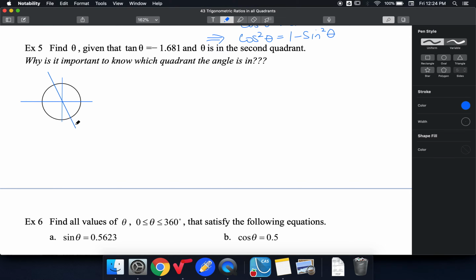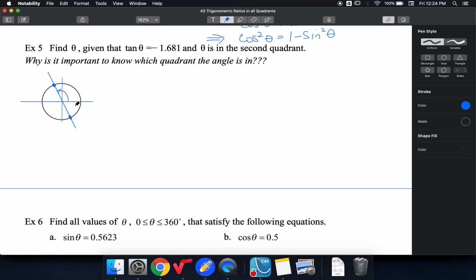So there's my line, and I can see that this line with a negative slope intersects at 2 different points. So what that implies is that I have 2 possibilities for my angle theta. It could either be here or all the way over here. And that's why it's important that we're told which quadrant we're thinking about, because otherwise we need to give multiple answers. So if tan theta is negative 1.68, theta is in the second quadrant, this is the angle that I'm